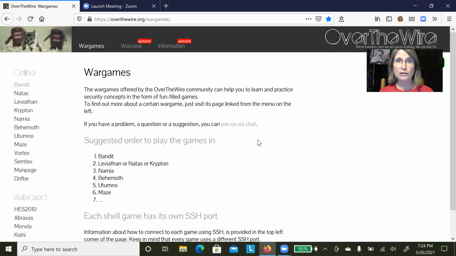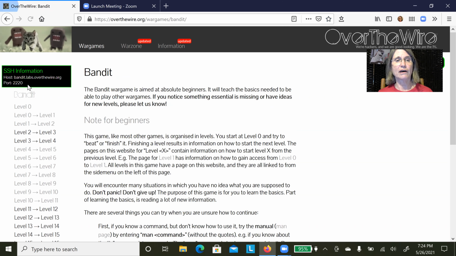So we're going to start by looking at the most basic of the games on this platform. That is the one called Bandit. So from overthewire.org, I'm going to look up in the left and click the Bandit link